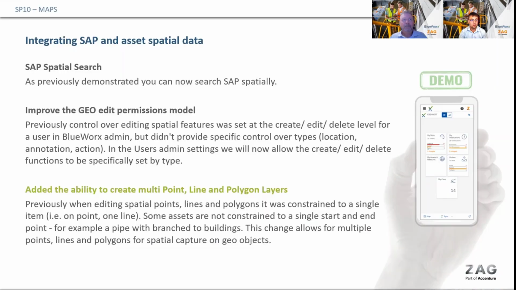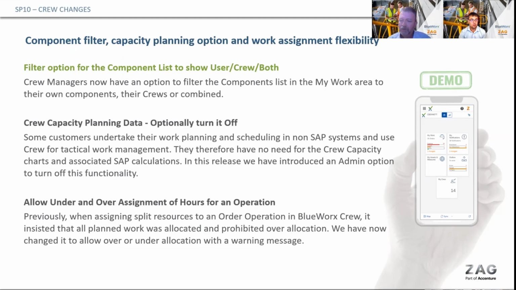Okay, so the next item is just around changes in the crew component. That's an optional component that some of our customers use, and that's around supervisors that are looking after a number of users within work centres more traditionally. So 3 items in this list. There's a filter option now for the components list that I'm going to demonstrate, so I won't go into that